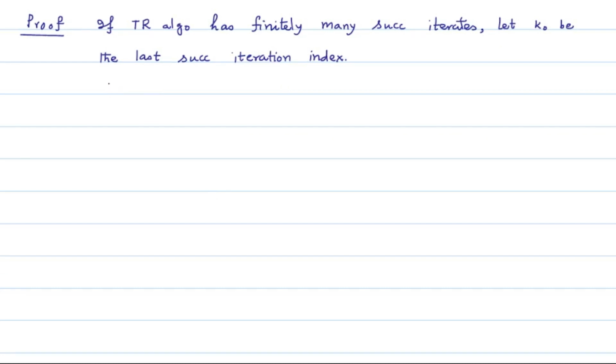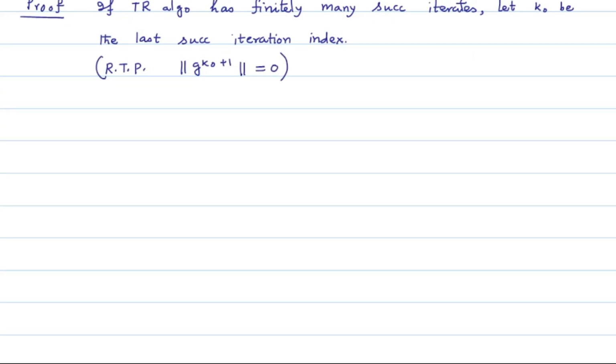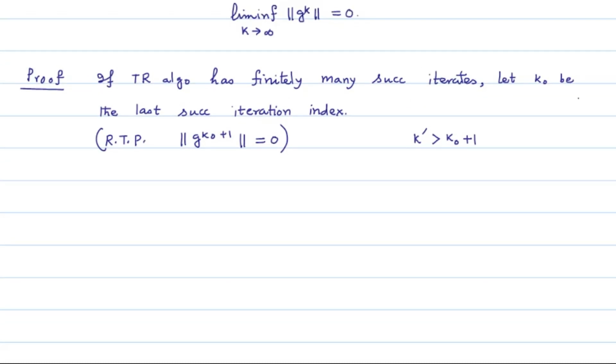We claim that norm g_{k naught plus 1} must be equal to 0, because if this norm value is not equal to 0, then we can keep shrinking the trust region radius, and after a certain index number again the trust region radius will be less than a threshold given in the previous result, and we will certainly get then some index k dash which is bigger than k naught plus 1, so that at k dash you will have a successful iterate, and that is contradictory to the assumption that k naught is the last successful iteration index, and therefore evidently you must have this norm of g_{k naught plus 1} equal to 0, and that is part 1